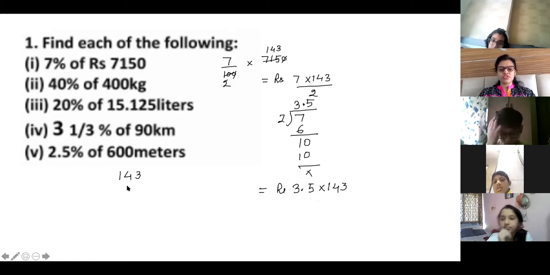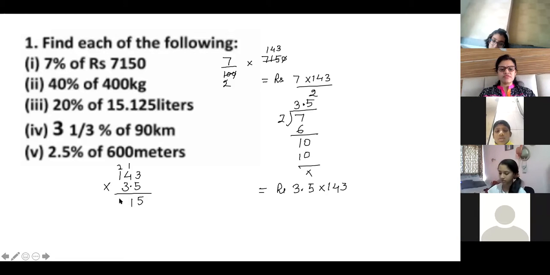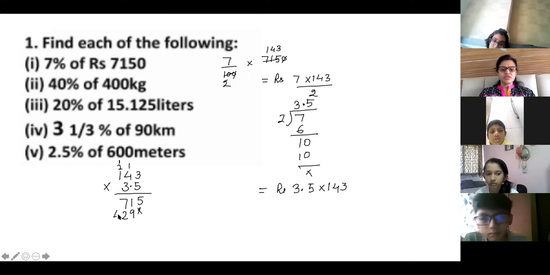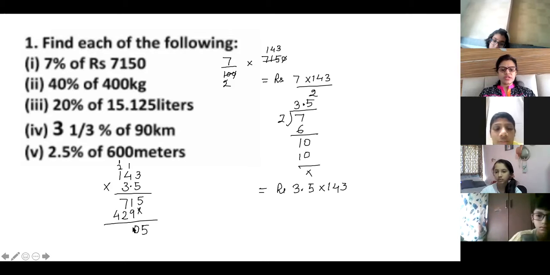So I'll put 143 on the top and 3.5 here. Now you remember decimal multiplication. 5 3s are 15. 5 4s are 20, 21. Carry 2. 5 1s are 5, 6, 7. Then here you put a 0. 3 3s are 9. 4 3s are 12. Carry 1. 3 1s are 3, 4. Plus 1, 4. So here you have 5. 9 plus 1, 10. 0. And here 8 plus 2 will be 10. So 0. 5, so 0, 4 plus 1, 5.